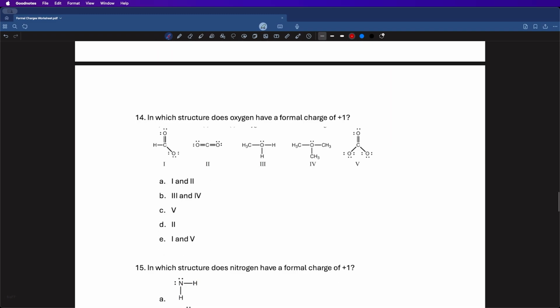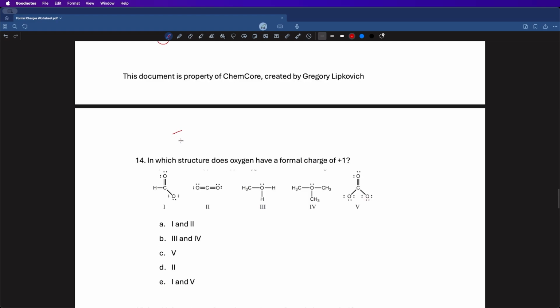In which structure does oxygen have a formal charge of +1? Using the rules that we learned before, let's analyze each of the oxygens in each of these molecules. This oxygen on top has 2 bonds, so it satisfies, while this oxygen has 1 bond, so it should have a formal charge of -1, but it definitely doesn't satisfy what they're looking for in the